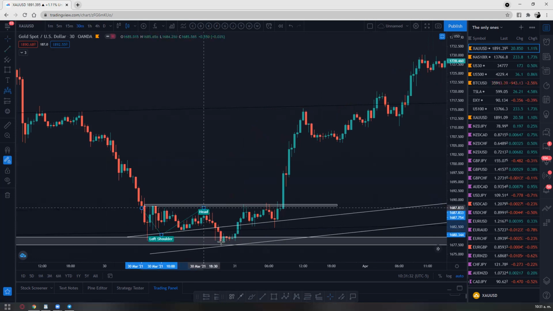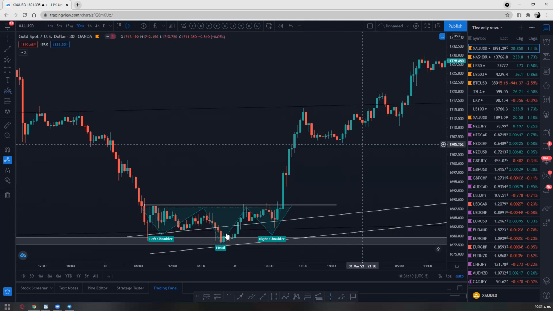It's not a perfect pattern, it's not always going to be perfect or beautiful, but it looks like some type of head and shoulders. Here's the first shoulder. The head is lower than this shoulder, right? And then the next shoulder actually created a lower high. So pretty much similar to this last high right here, last low, I'm sorry. So it is some type of head and shoulders.